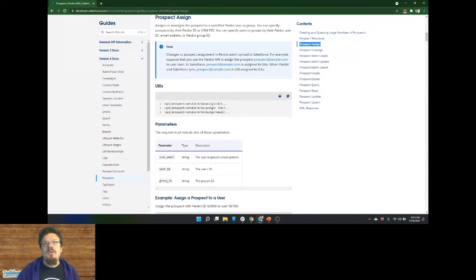Does that answer the question about getting Pardot prospects into CRM? There's other ways we can do that. We can export the prospect data out of Pardot and do a data loader import, and then Pardot will recognize that, hey, new leads or contacts were created in CRM, matched email address, and Pardot will automatically hook that up. But if we want a pure Pardot API way of doing this, that prospect assign is the magic that we want to look at.